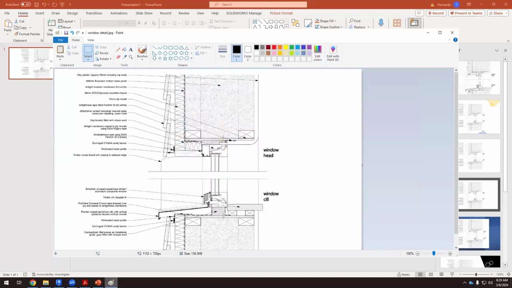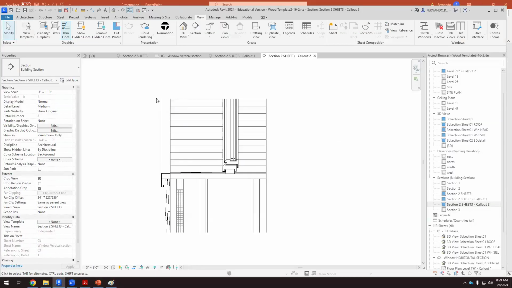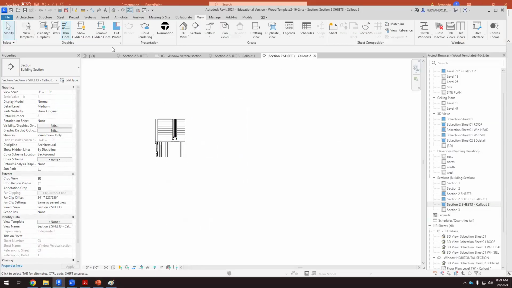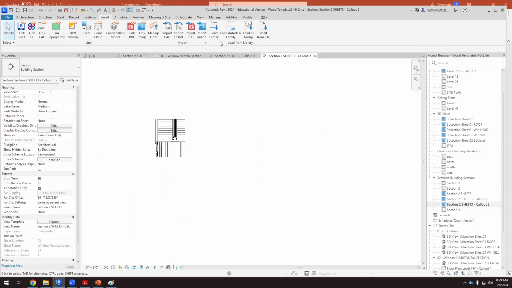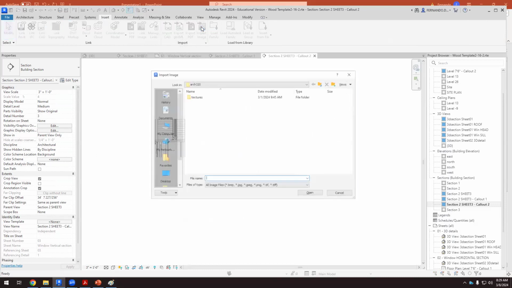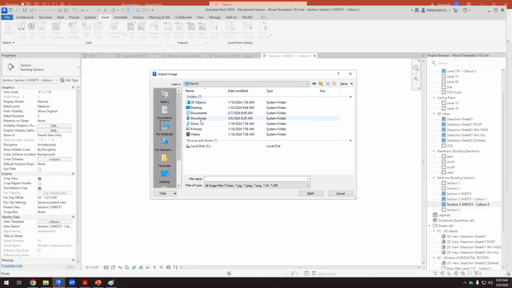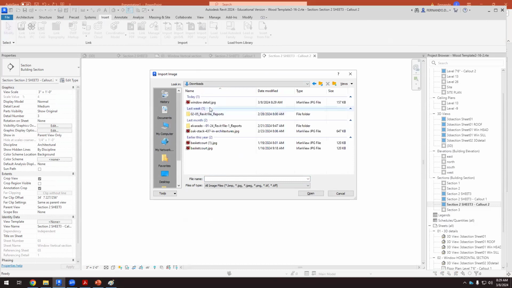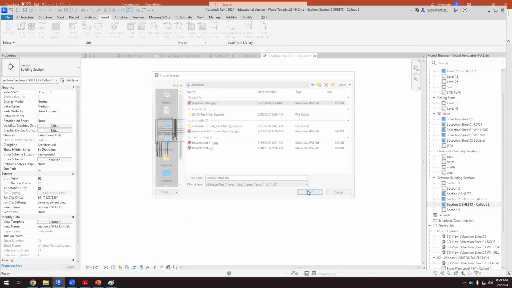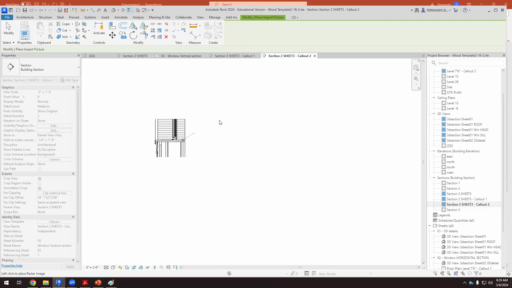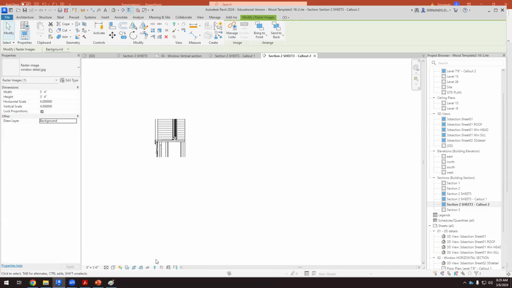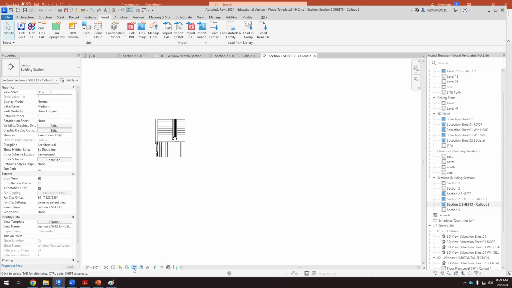Save. And now, in this callout, I'm going to insert a picture, import image, and it's in downloads, window detail, open. Okay, it's here, but